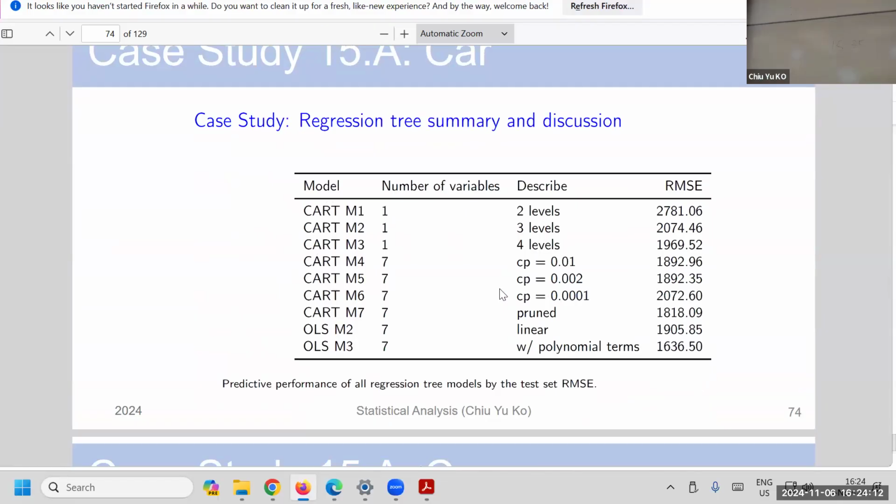Right. The best OS model is pretty good. Okay. But of course, this is not the best regression tree model, right? But at least it will tell you that they are better than the linear version, right? If you are smart enough to think about polynomial,